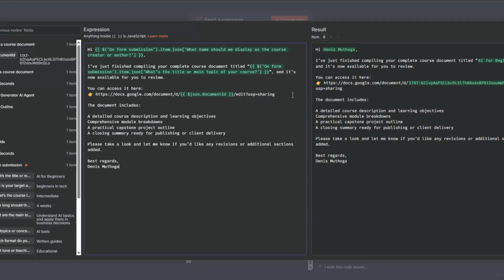So here we are adding our Google Docs link and mapping the document ID, which is this ID, to the document right here. The document includes a detailed course description and learning objectives, a comprehensive module breakdown, a practical capstone project outline, and a closing summary ready for publishing or client delivery. Please take a look and let me know if you'd like any revisions or additional sections added. Best regards, Dennis. Or you can say course